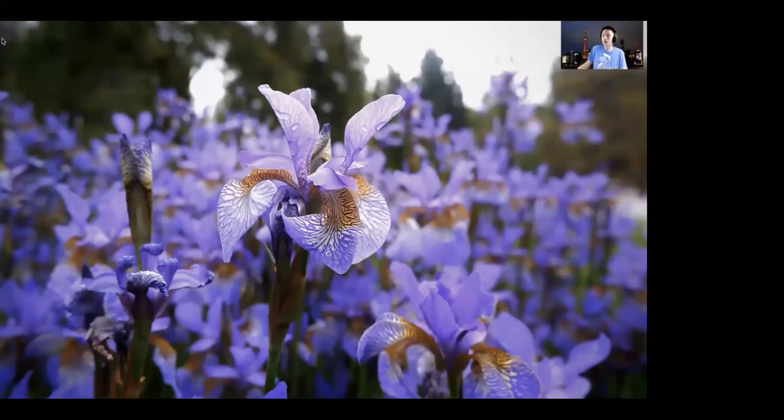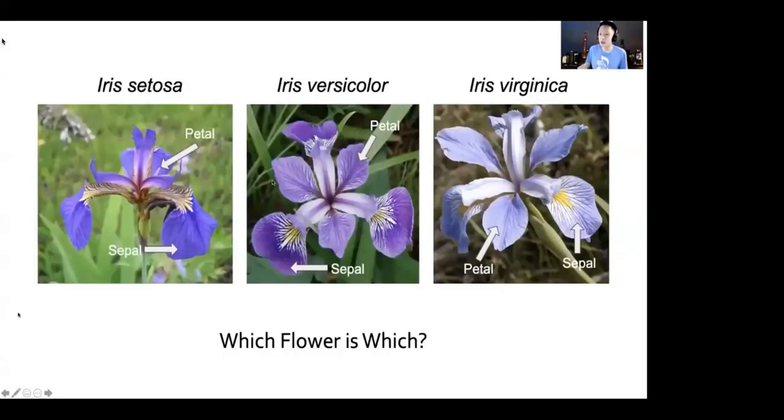And say that you're a botanist going out into the field and you see some sort of random flower. You just look on the ground and there's this flower there, and you're told that it's an iris flower. How do you determine which flower is which? Or in other words, you look at a flower and how do you know whether it's a setosa, versicolor, or virginica? This is a classic example of a classification problem. And we'll get into exactly what this means in a second. But basically, given some information about an object, how can we place it into one of these three categories? That's the fundamental idea here.